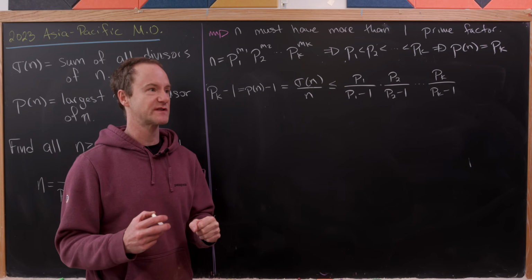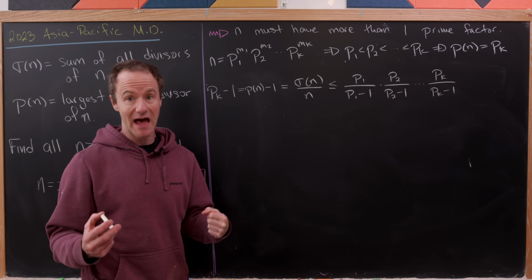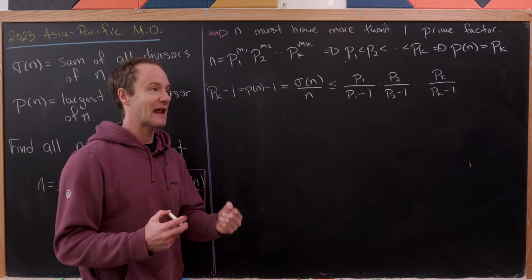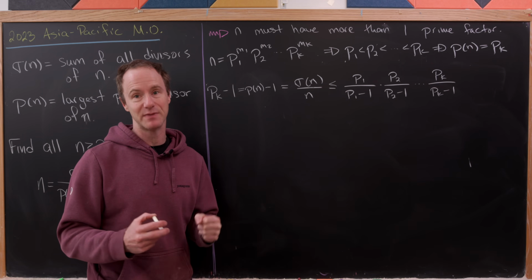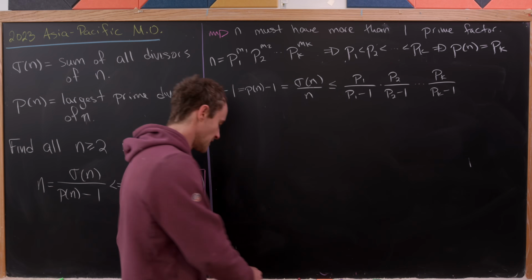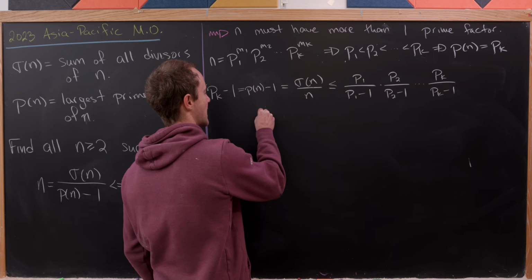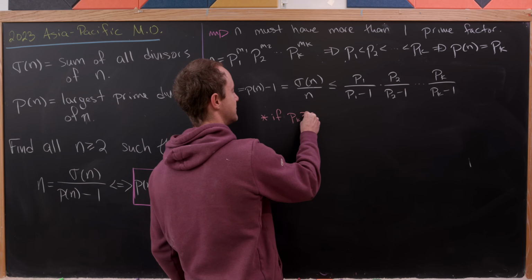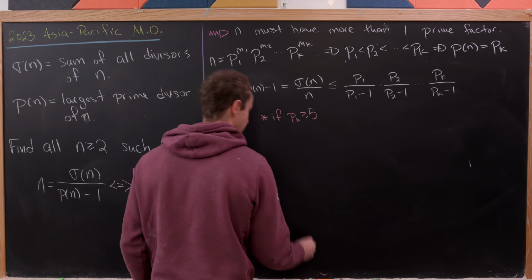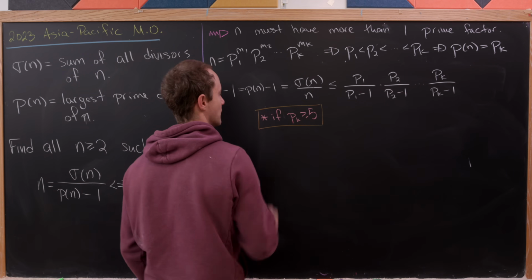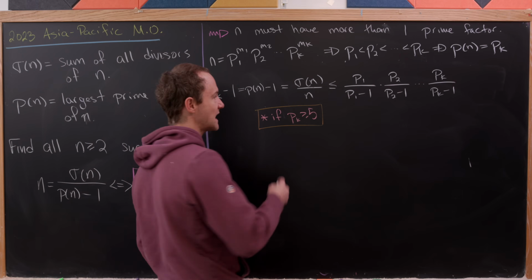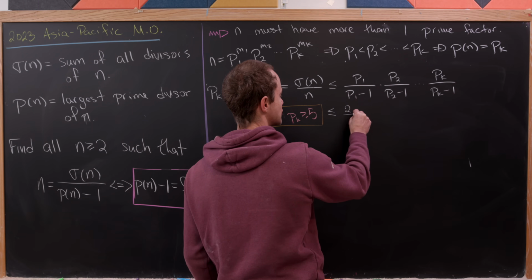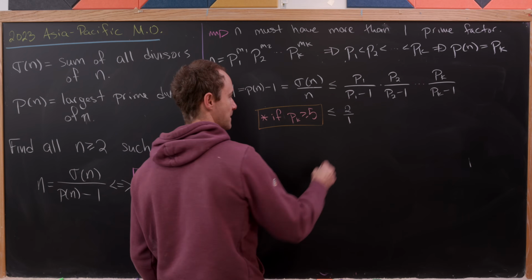And that's because we'll see that this step will lead us to some sort of contradiction, meaning that our largest prime cannot be bigger than or equal to 5. Okay, so let's just put right here that if PK is bigger than or equal to 5, we can do the following step. And that is, well, we can replace this with 2 over 2 minus 1, which is 1,